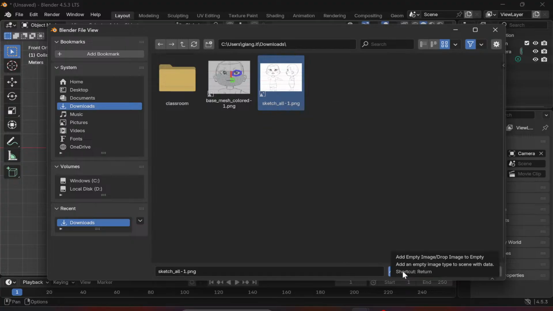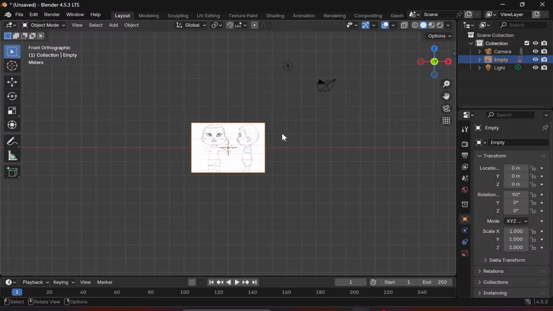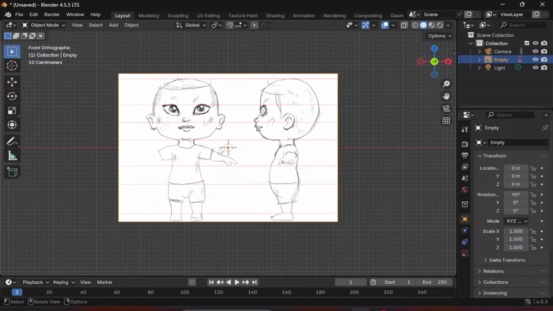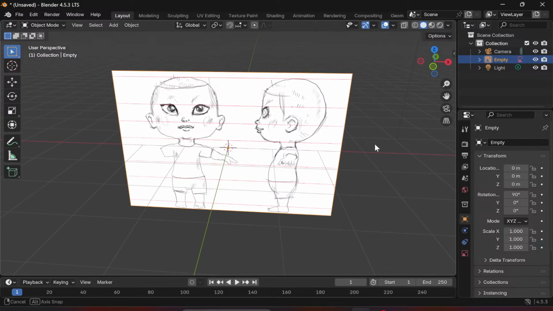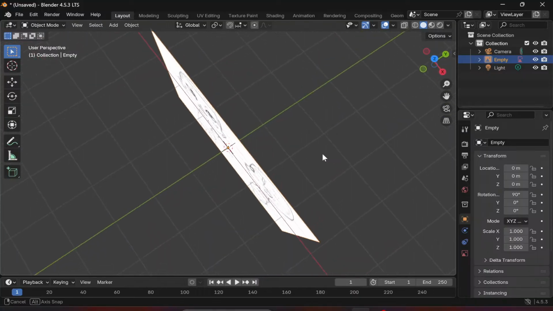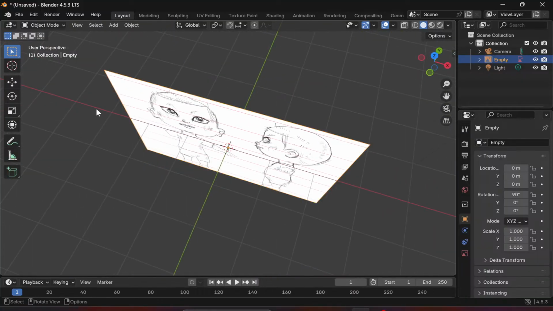Okay, add, and then you're going to see that the picture is now added into the view, and we make sure that you are in front orthographic. It should say front orthographic over here, and it should not say user perspective. Because user perspective means that when you add the picture, it's not corresponding to the x-axis, or the red line over here,